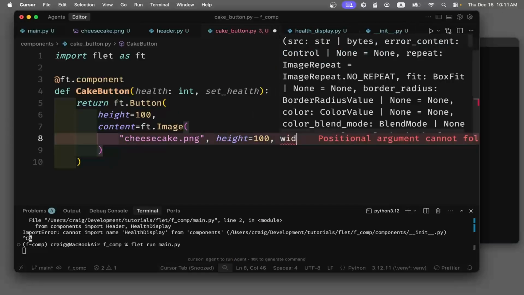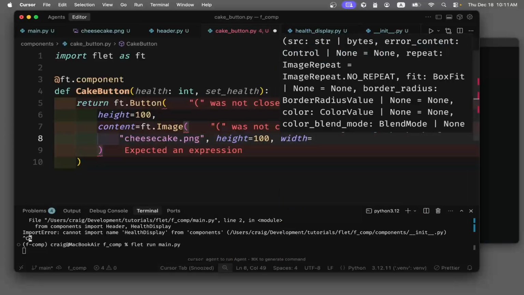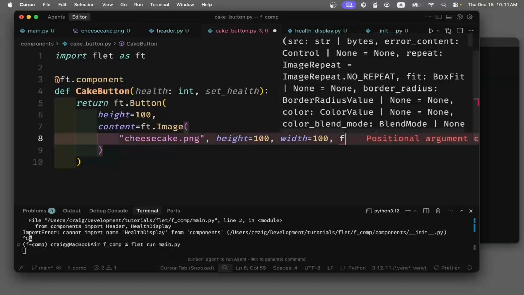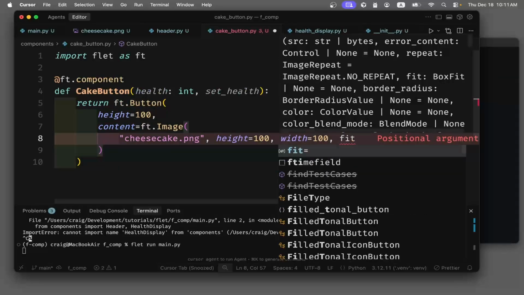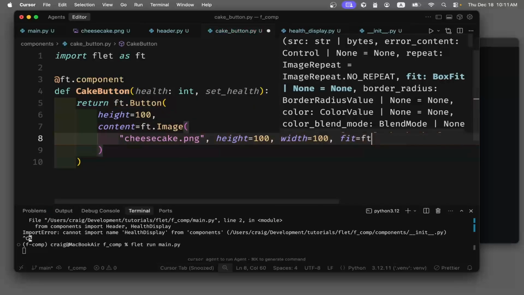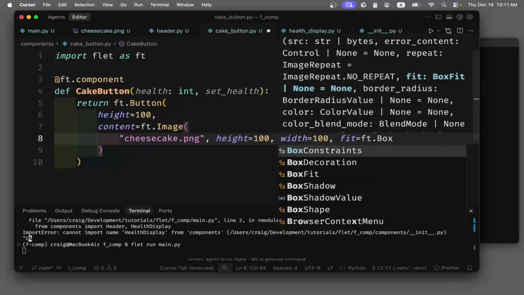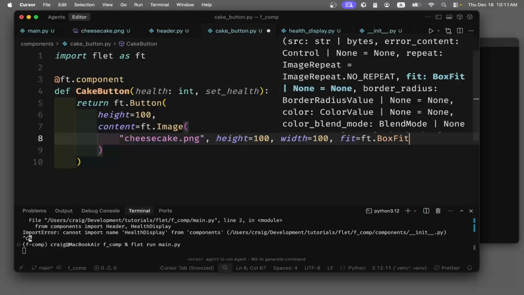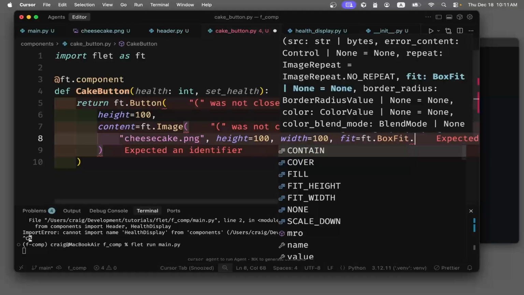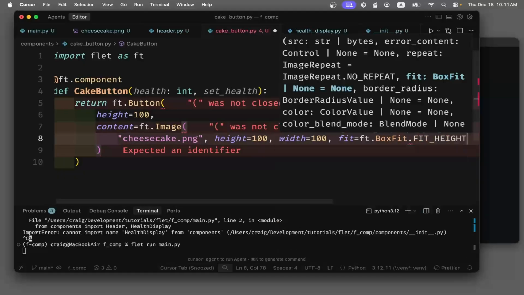The width will be 100 just to be safe. This isn't necessary, but I'm going to set the fit to ft.BoxFit.FIT_HEIGHT,